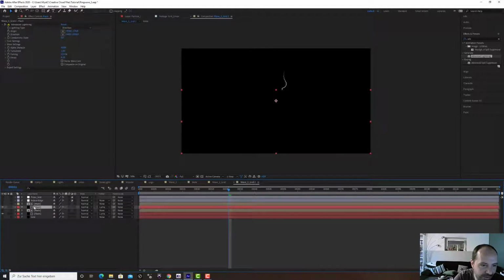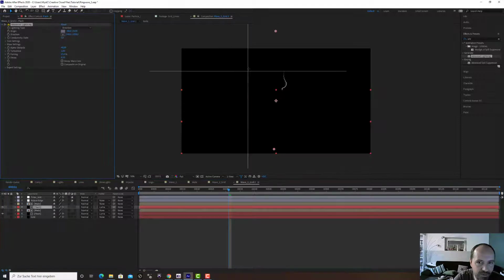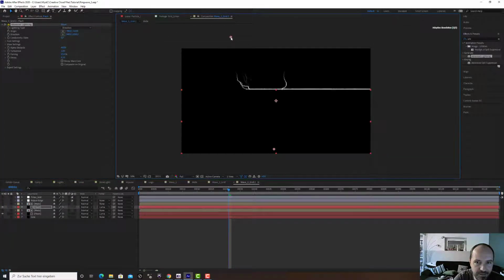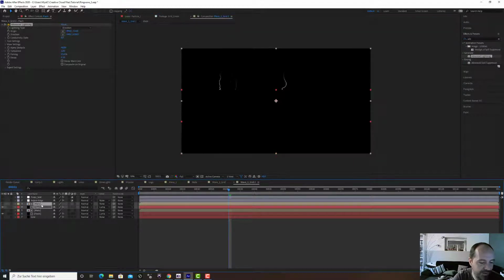But if you go to the flash layer and adjust these settings, let's have this flash here, and make sure you see, this is because of the mask you have. Make sure that you have a very straight top to bottom thunder, and let's select both of these layers. One more copy, D on the keyboard,